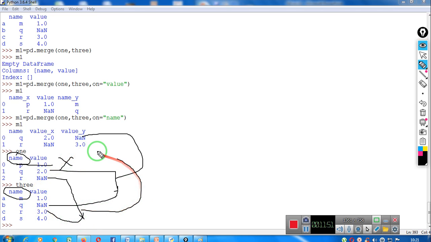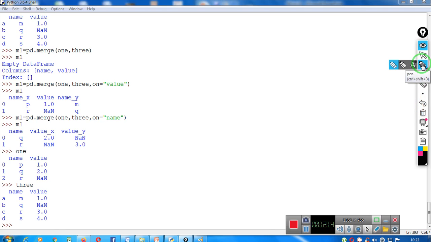Then I am having S, which is not present in data frame 1, so S is not being displayed. M is present here, but M is not present in the other data frame, so M and S will not be displayed. So this is your final output.